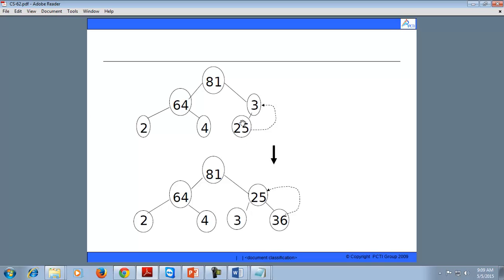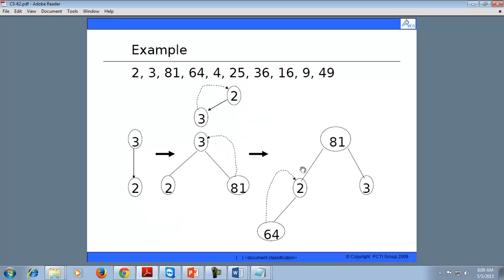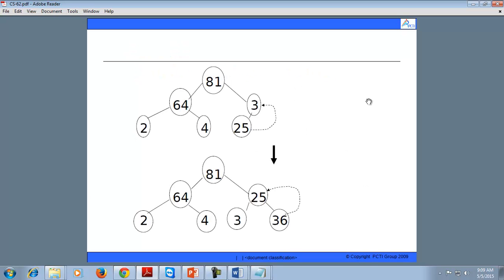So we have to swap the value of 25 with 3. Next is 36. Now 36 will be inserted at the right of the 25, but again 36 is greater than 25, so it is replaced with the 25.